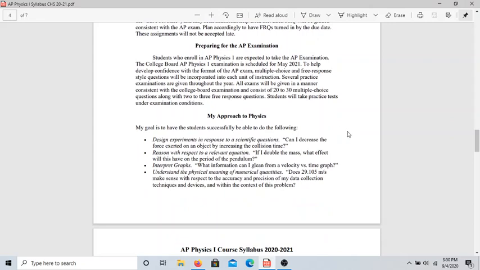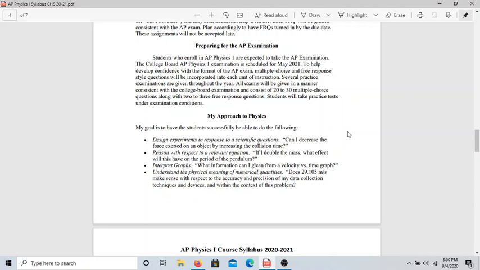This year, we do have the AP exam. The College Board has said so far that it will cover all the topics. It will be offered online and in person. They really haven't said much else about it. I'm not 100% sure. I'll be curious to see if it looks like a traditional exam by the time we get to the end of the year. But of course, we will still be preparing for it. All of your quizzes are based off of AP questions. So through quizzes and various FRQs we're going to do in class, we're going to be preparing for the AP exam.